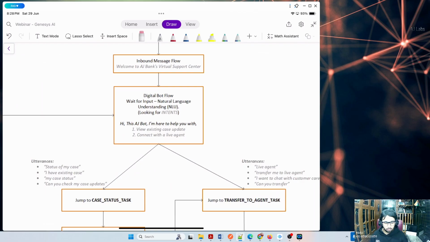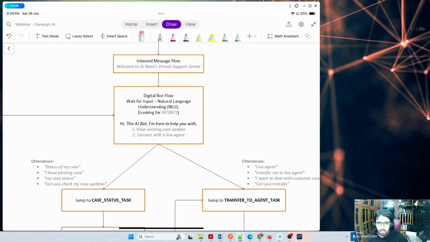Okay. So the workflow. One more question. The workflow which you are showing, is this all implemented in the Genesys platform itself, or will it be deployed somewhere else and integrated with Genesys? Everything will be deployed in Genesys. Only for the data action, like getting the case update and case summary, I will be talking to Salesforce CRM.